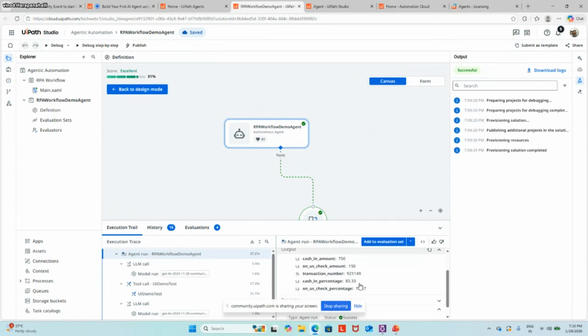Okay, like those things. So again, cash in amount $70 and checkout amount $150. Again, transaction number, again it came from the agent. Okay, it has been created, and we can calculate the percentage right over here, and cash in percentage and cash out percentage. Okay, so as I mentioned in user prompts, these are the data that I would like to give, and a particular output has been